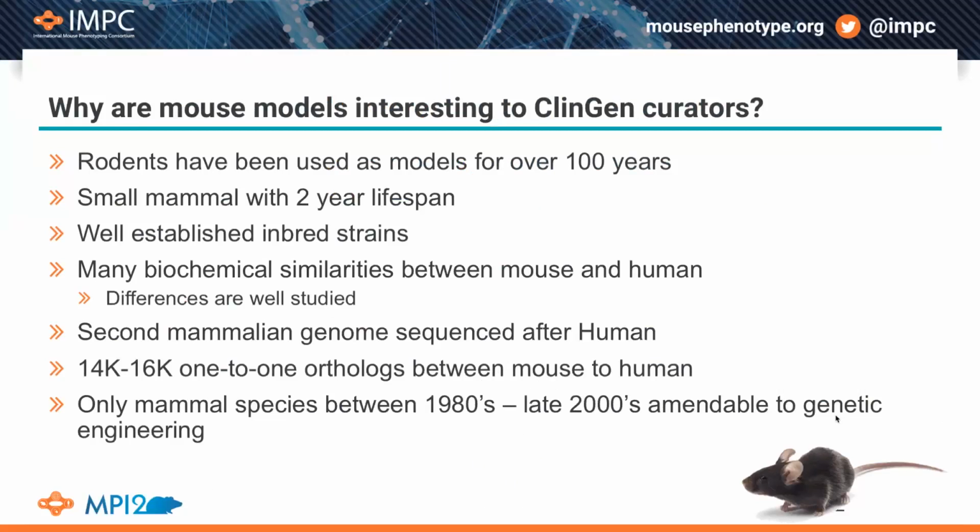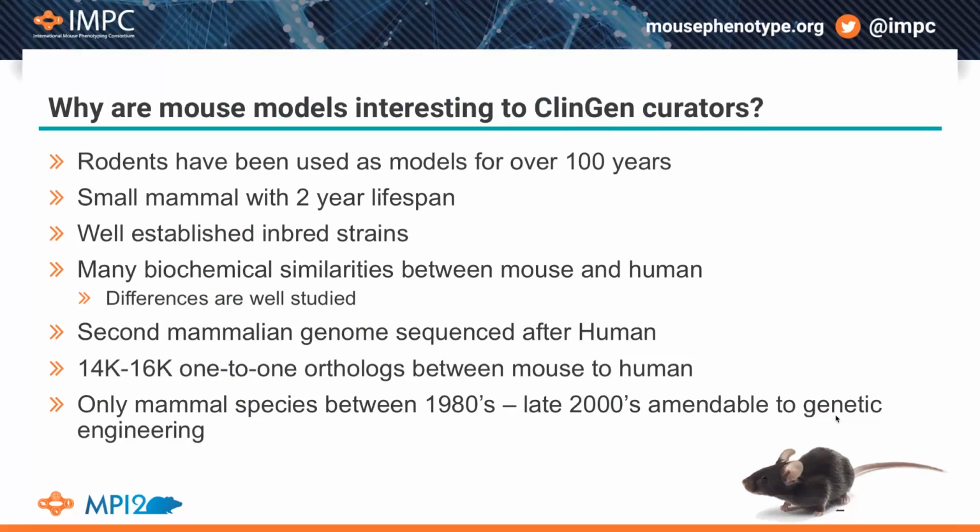There are well-established inbred strains of mice, meaning that the mice that are used, including with the IMPC, are homozygote for all their alleles because they're maintained through sibling breeding, and this allows for precise functional analysis